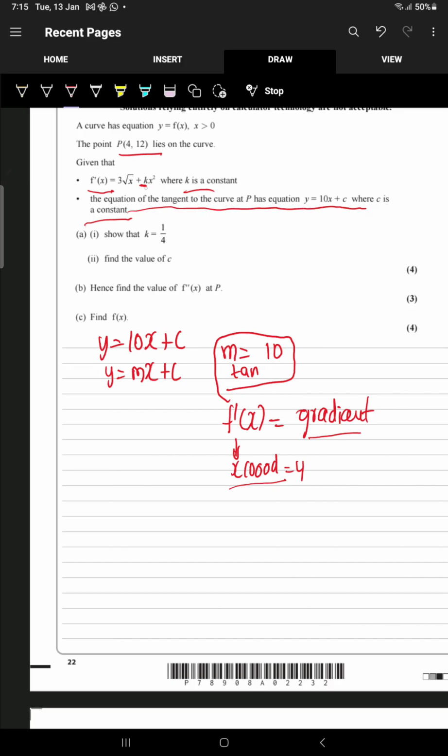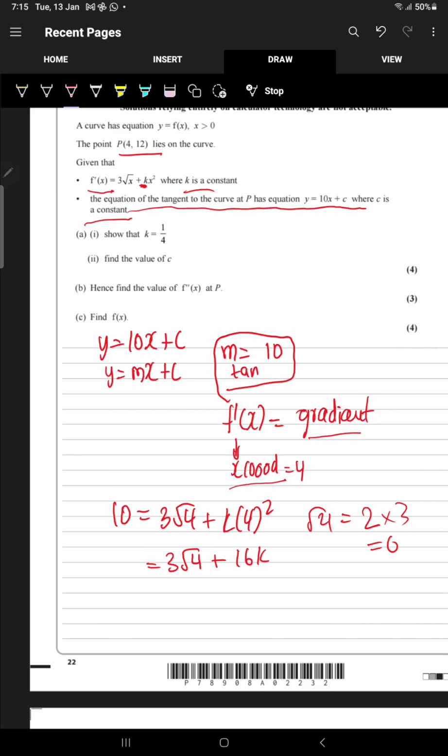We substitute. So f dash of x at 10 is equal to 3 root 4 plus k times 4 squared. 4 squared is 16. So 3 root 4 plus 16k, and 3 root 4 is 6, because root 4 is equal to 2, and then you times by 3, which is 6. So 3 root 4 is 6. All right, 6 plus 16k,